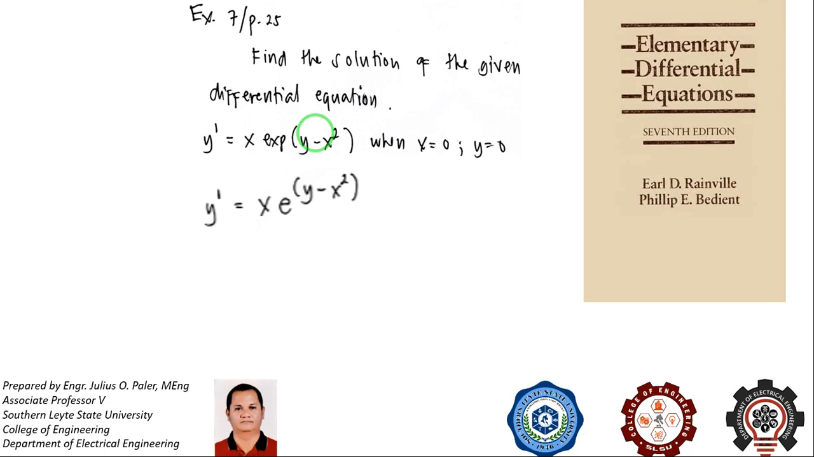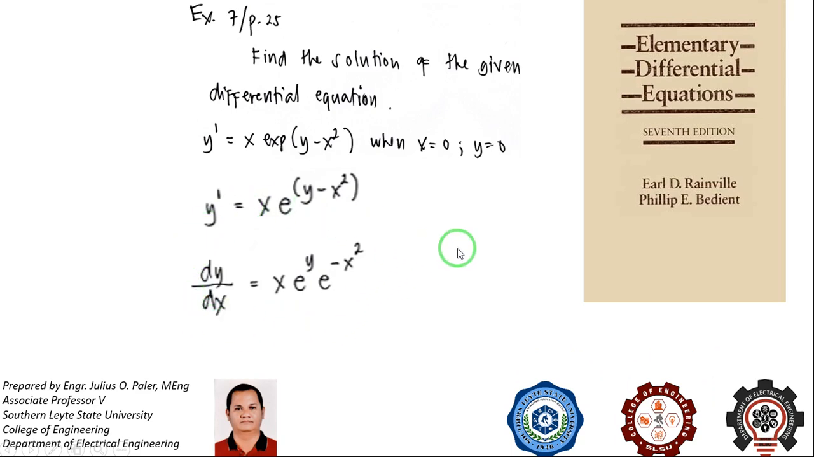Now the first step is to simplify the given equation, which is y prime equals x e raised to the quantity y minus x squared. We all know that y prime is the derivative of y with respect to x, as well as e raised to the quantity y minus x squared is just equal to e to the y times e to the negative x squared. Now at this stage, we can already see how we are going to separate the variables,